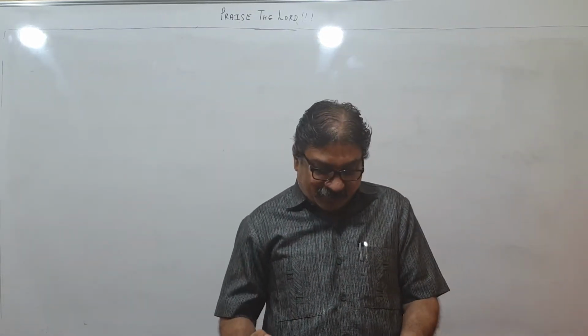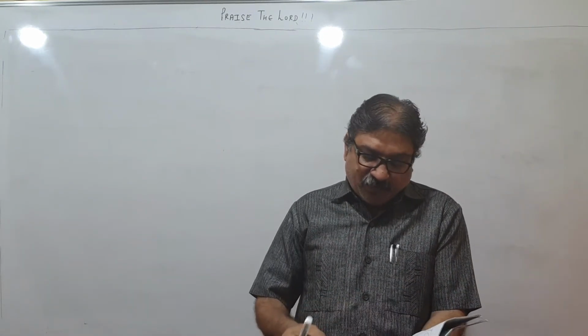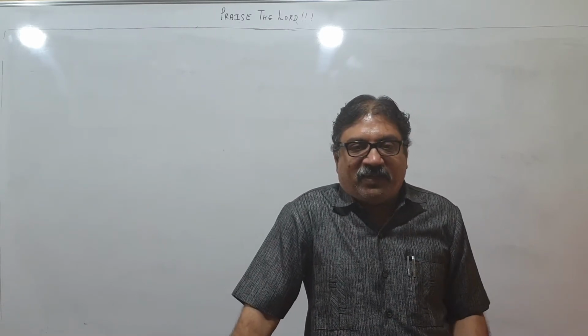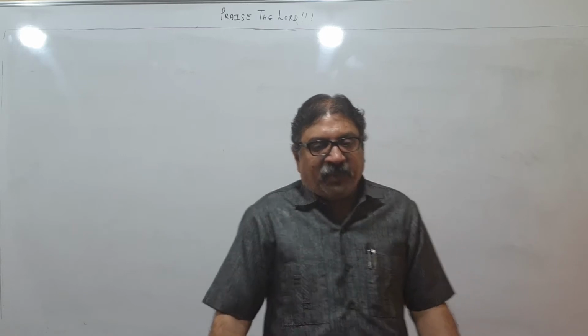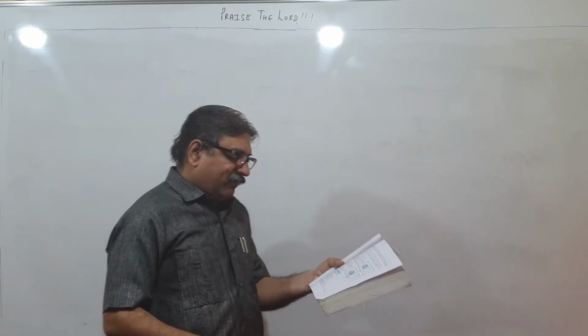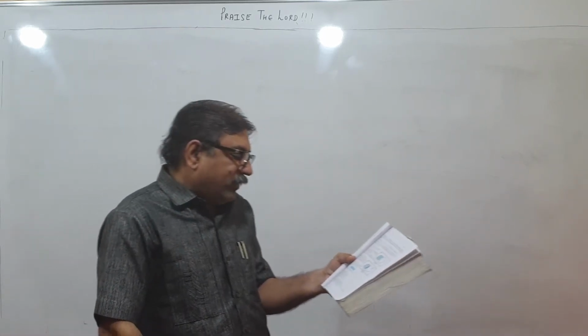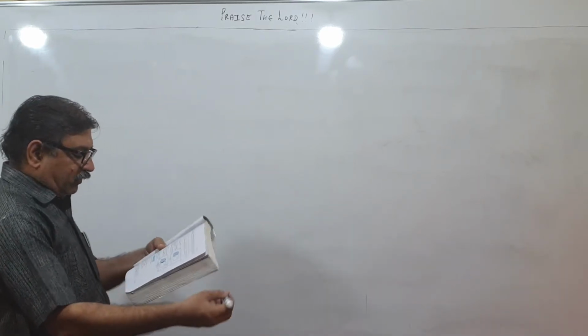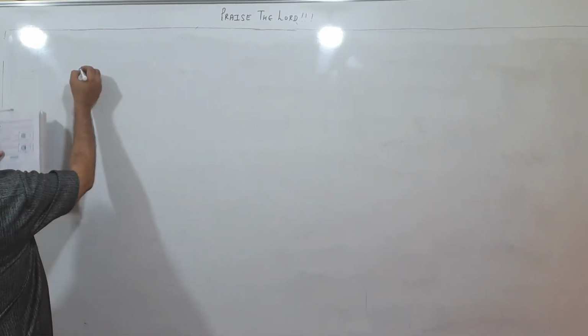Today we will take up exercise number 1.4 from the textbook about union, intersection, difference and disjoint sets. I will do a few sums, and wherever I feel they are easy, I will try to leave them out. So, find the union of the following pairs of sets. Now this seems to be very easy.